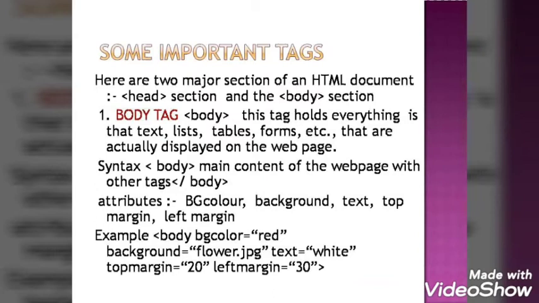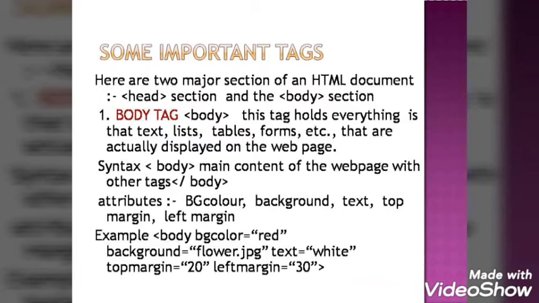Under the bracket we will write body. Then whatever you want under this, you will write the content and you will close it. It's easy, right? Now you understood opening tag and closing tag. Apart from this, what we need to add is, now what you want to add, you want to make it more colorful, you want to change the font style, you want to bring it in center. So these are the attributes you can add.